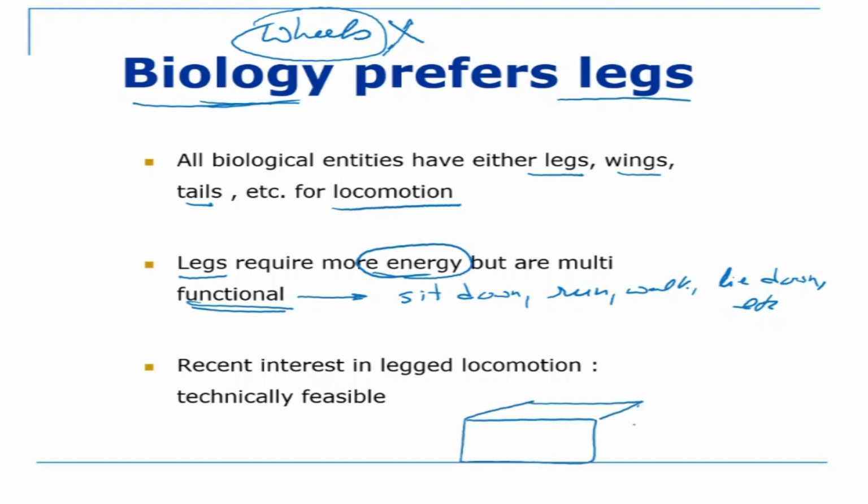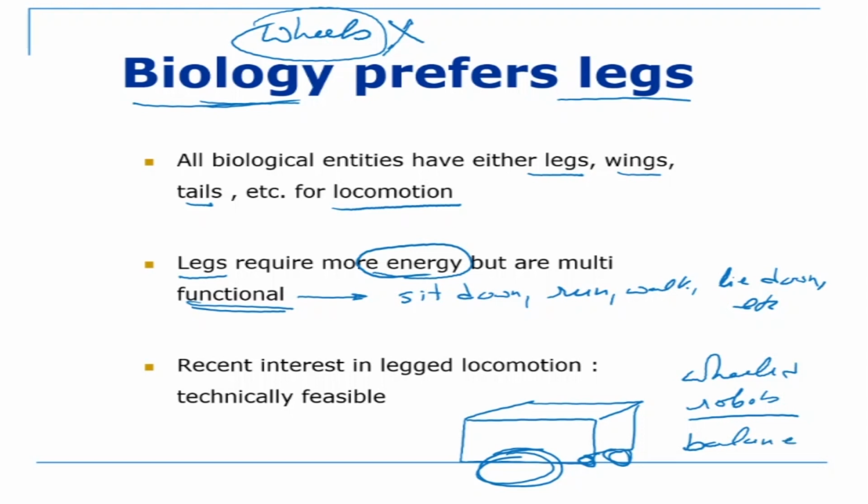Now, very recently, the earliest robots were wheel robots. So this is a wheel robot. Why were they wheel robots? Essentially because wheel robots are balanced. They do not need to be balanced. If you have a tricycle or a four-wheeled car, the car is balanced. You don't need to balance it. It doesn't fall down. Like a bicycle, you need to balance it, but a four-wheeled car stands by itself. That is the reason why the early robots were all wheeled.